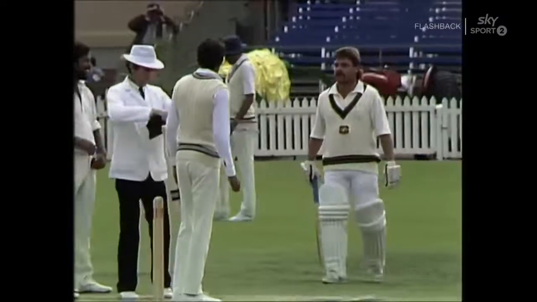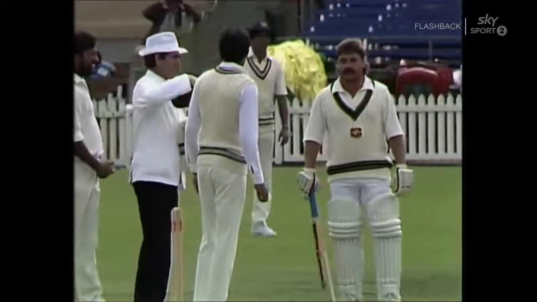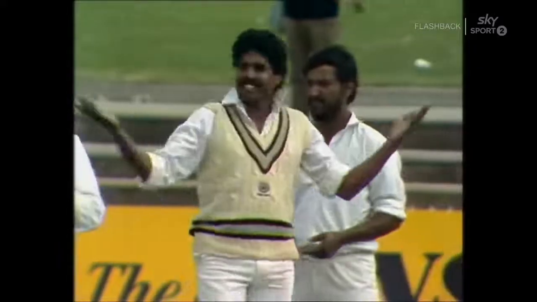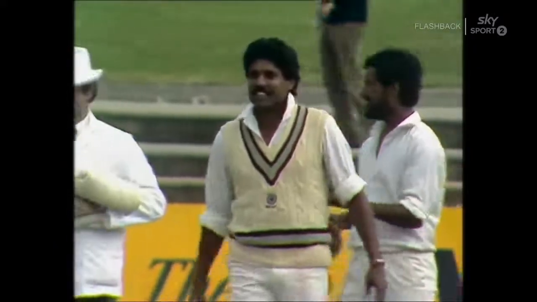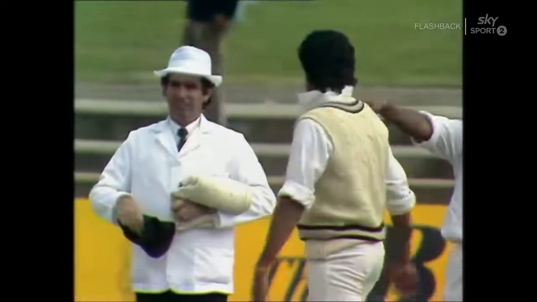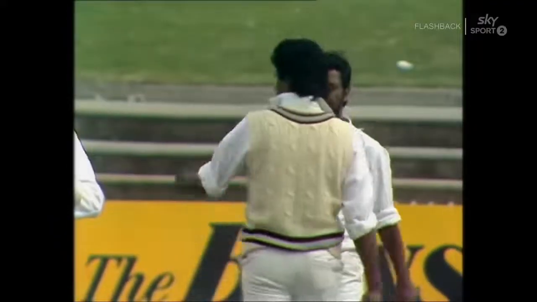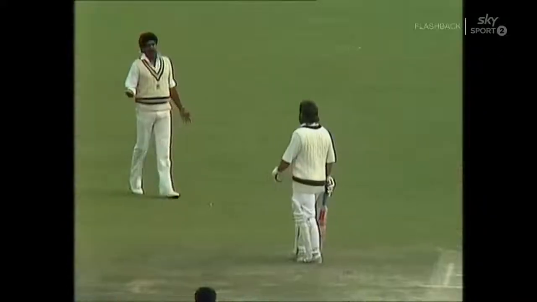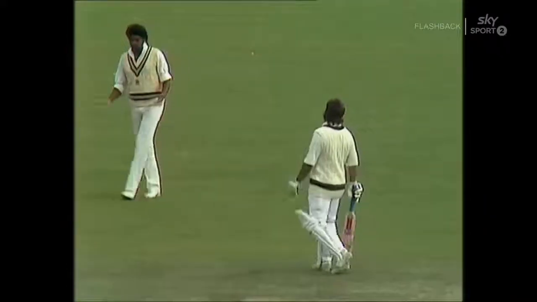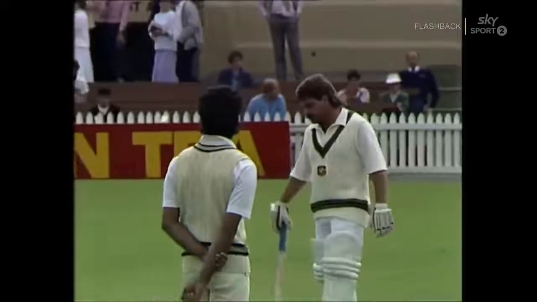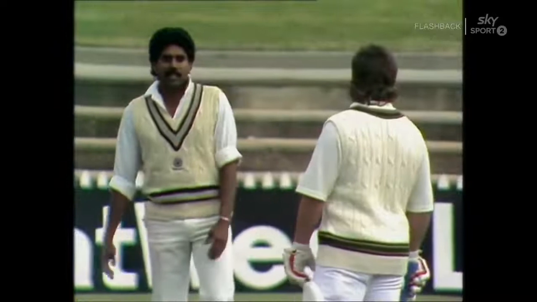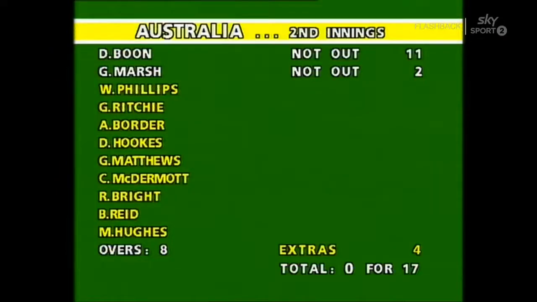But there was a little discussion between David Boone and Kapil Dev. Little chat there because David Boone thought that after 5 overs had been bowled in the Australian second innings and 5:30 had been reached, that it was time to go off. But it needs the agreement of both captains. In this case, Boone was acting for Border, and Kapil Dev decided that he'd like to see a little bit of practice for his bowlers out there. So they stayed on for another 3 overs,